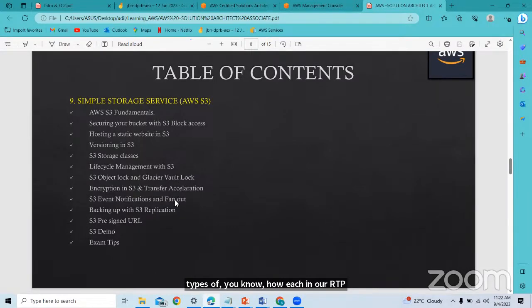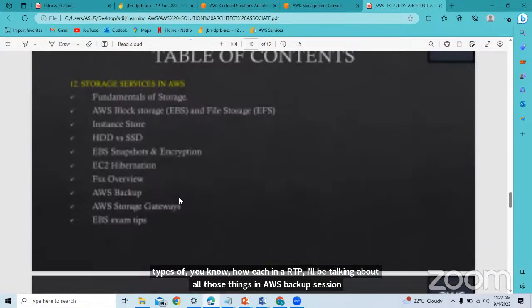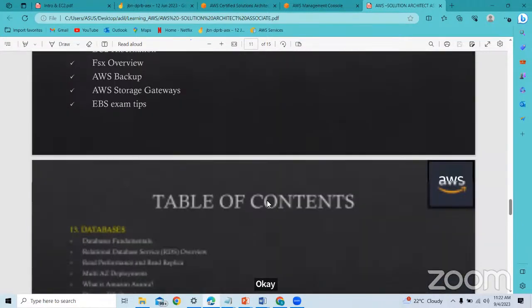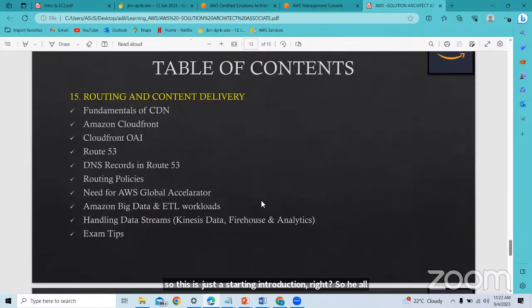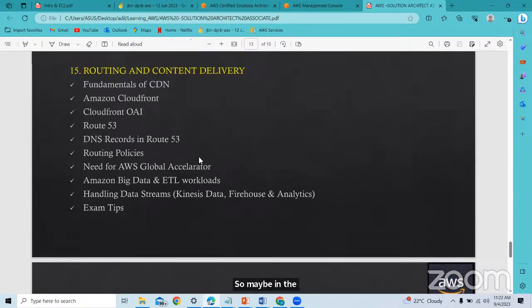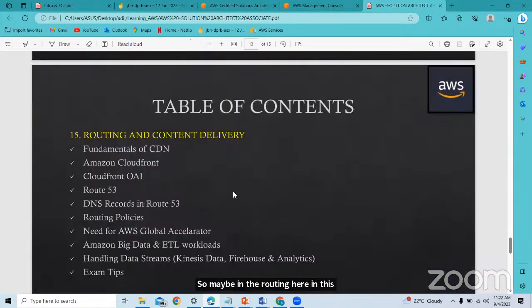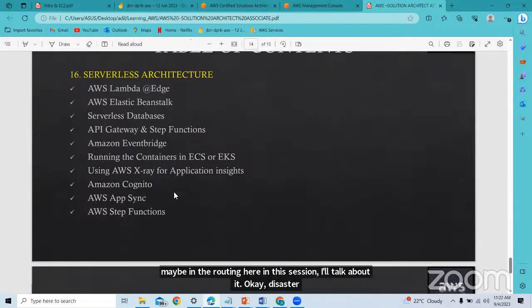I'll talk about all those things in the AWS Backup session. This is just a starting introduction. Maybe in the routing session I'll talk about it. Disaster recovery, everything I'll talk about it. Thank you.